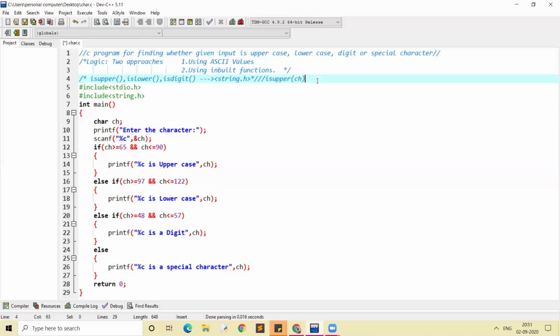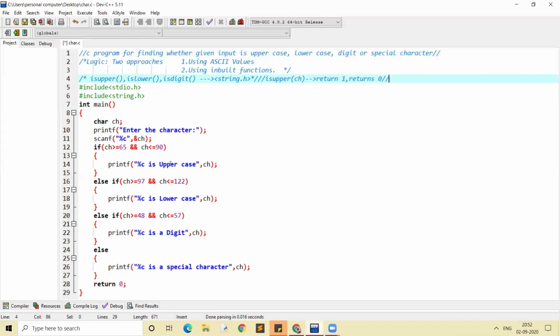This means that it checks whether ch is uppercase or not. If it is uppercase, it returns 1. As we learned in the previous videos, 1 means true. If it is not uppercase, it returns 0, meaning false. So this is the way these 3 functions work.